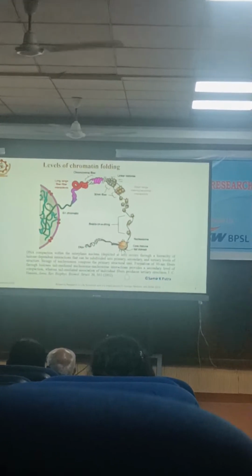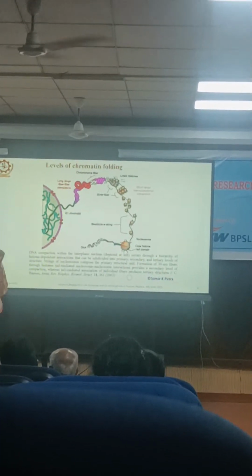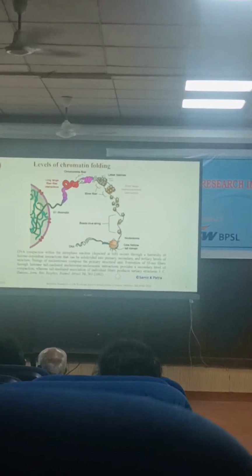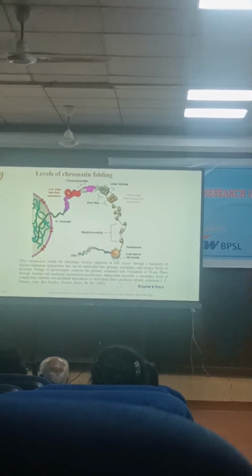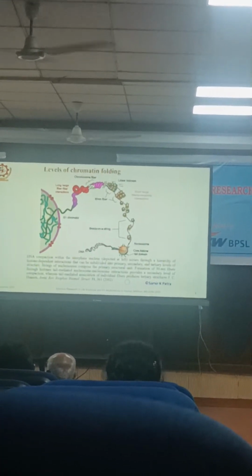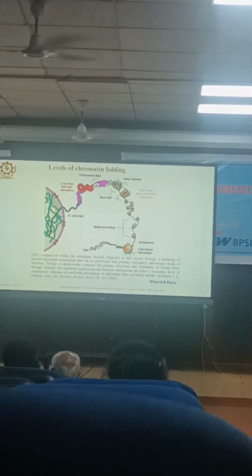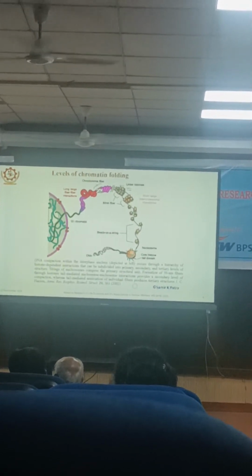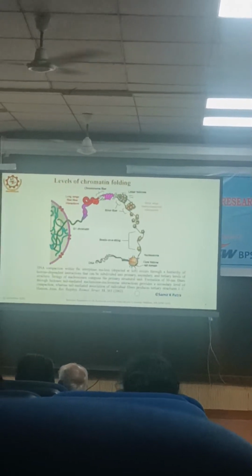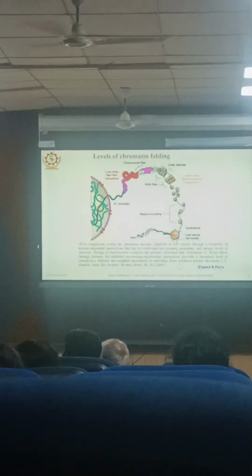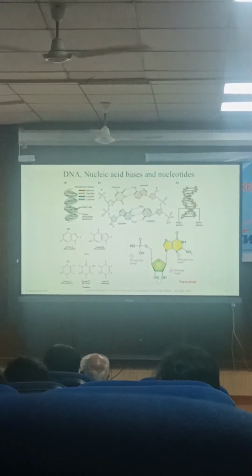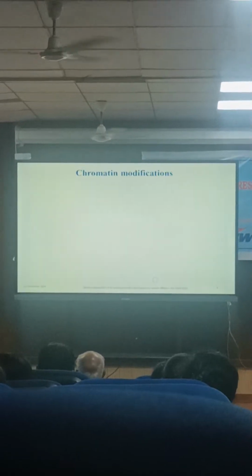You also see, sir, we have read in books typically that phosphorylation is also done. Phosphorylation does it, but for differential folding patterns. Some portions are open, and when DNA is replicating, certain other portions need to be folded, that is, the newly formed daughter strands are folded. Okay, so if you look at the basic things, this I need not explain. Now, chromatin modifications will come in the form of